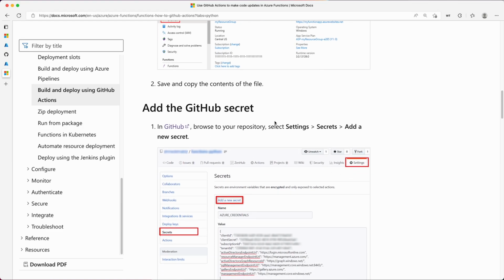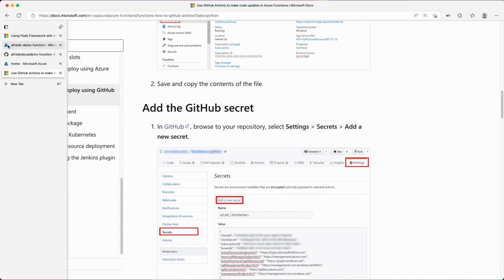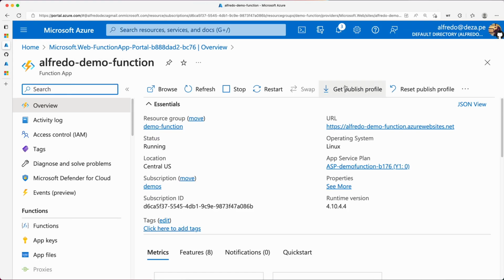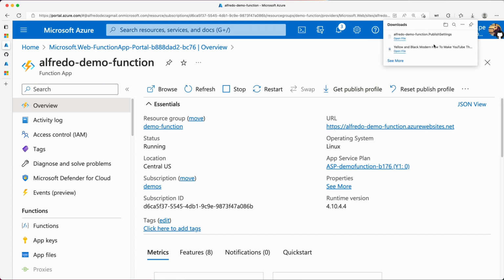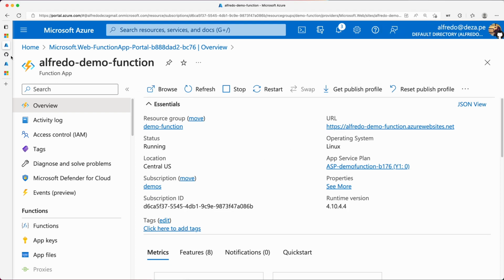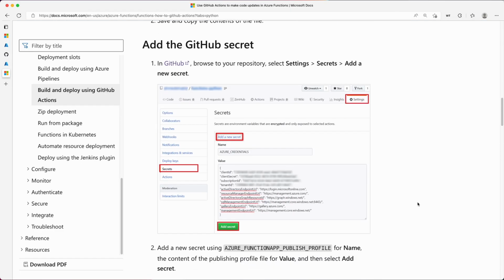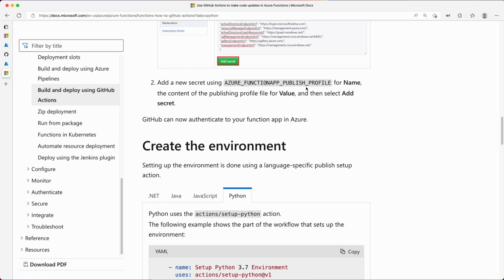So we are going to go back to my demo function. I'm going to get this publish profile. You get the publish profile that's going to download, and I'm going to copy that to my clipboard, and then paste it according to the documentation as a secret,